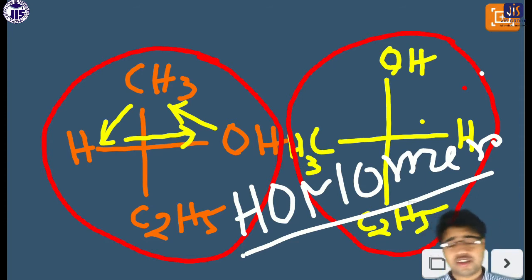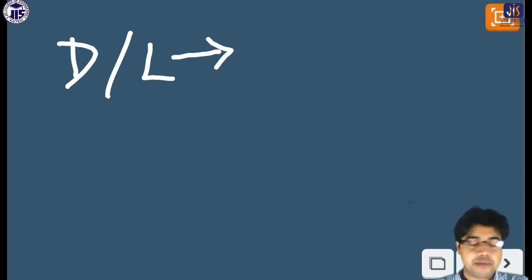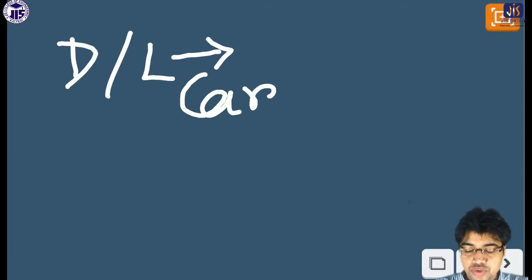So that's all about your homomer, diastereomer, enantiomer. These are some factors which you have to keep in mind regarding homomer, enantiomer, and diastereoisomer. Now I'll move to the most important topic, that there are two types of nomenclature present. First of all I'll show you what the DL nomenclature is, then I'll show you the RS nomenclature. For DL nomenclature, first of all you have to keep in mind it is majorly applicable for carbohydrates, any kind of sugar.